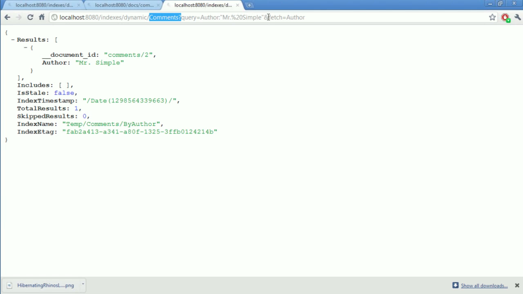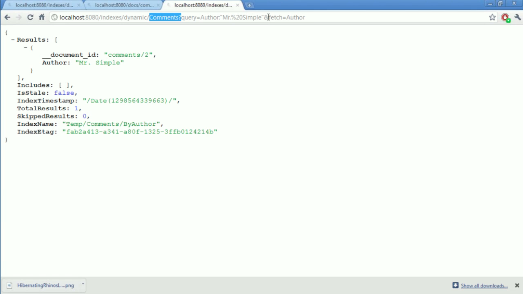What RavenDB does internally is scan all the comments documents and ask them, give me your author field. It takes this author field and puts it in a separate store. That is the Lucene index, which we also call the index store. And this is what you see here.